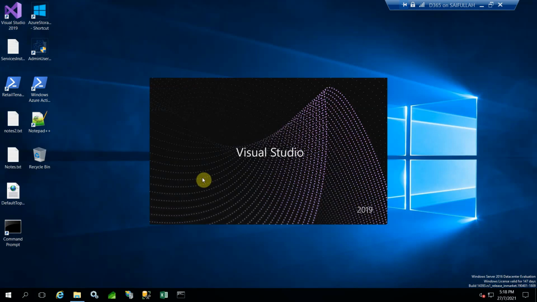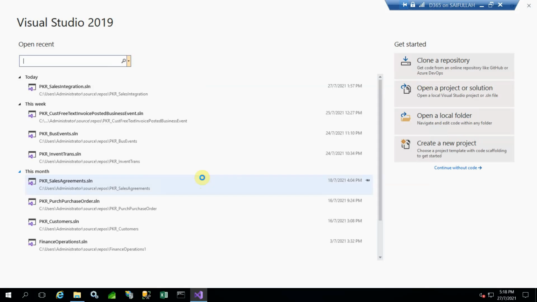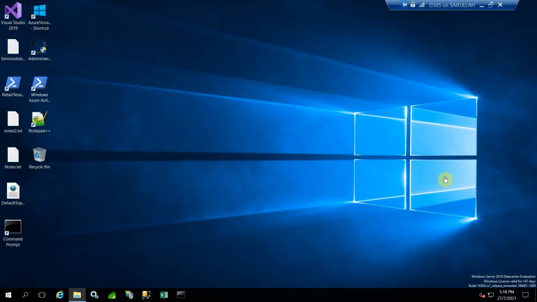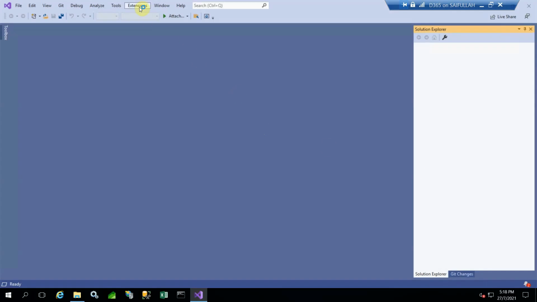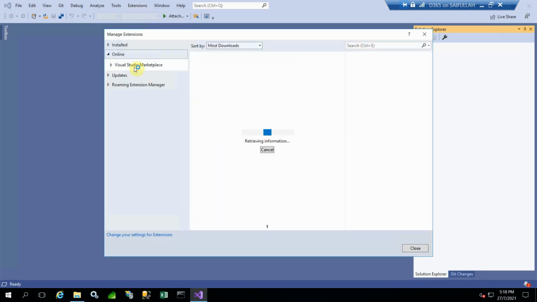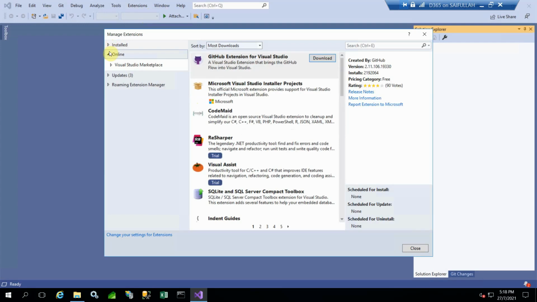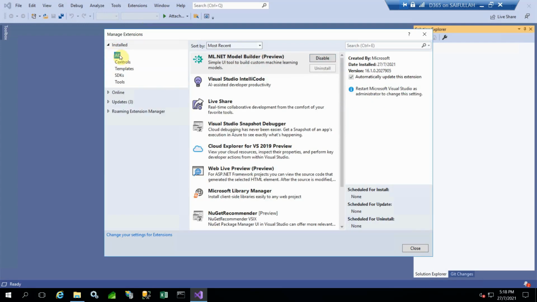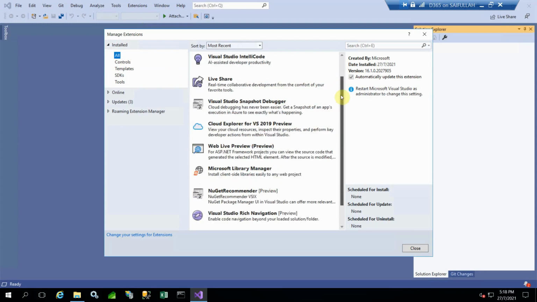Hello everyone. Today's session is a very small session. It's related to the installation of our dev extension and the report designer extension inside Visual Studio 2019, which is the latest one. So once you have a clean installation of VS 2019,